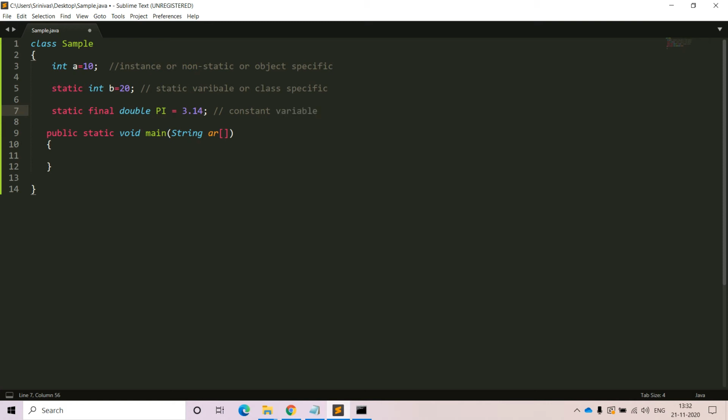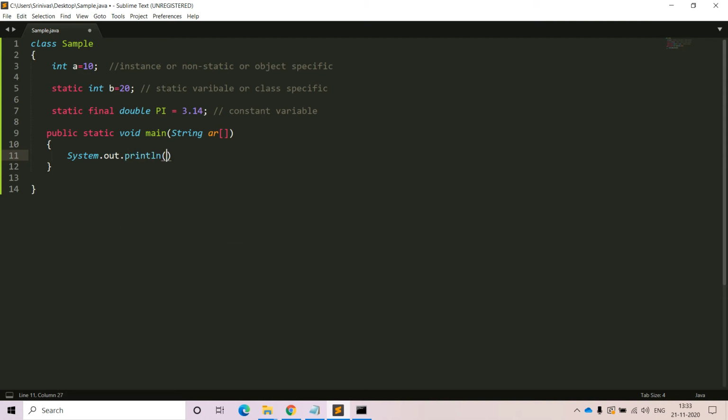Now, in the class level we have gone through all three categories of variables. These all come under class level context only: instance, static, and constant variables. Now the constant variable is the combination of the static keyword. That's why we can directly access it like a static variable. There is no problem at all. Now let me try to print it.